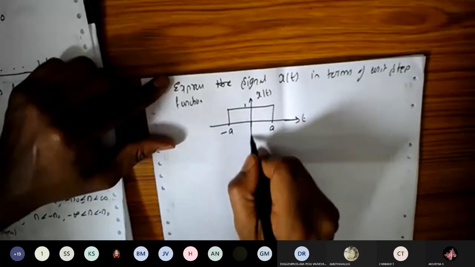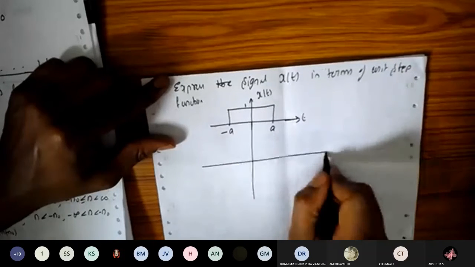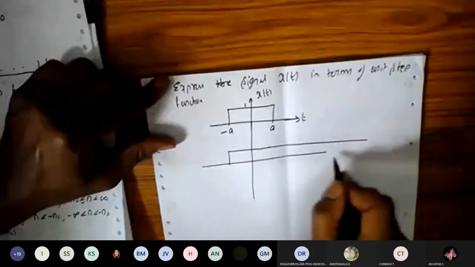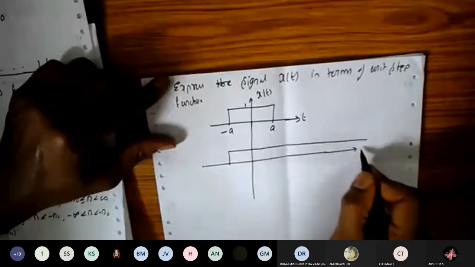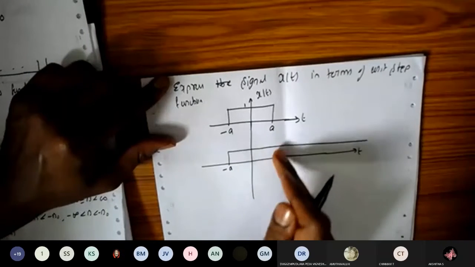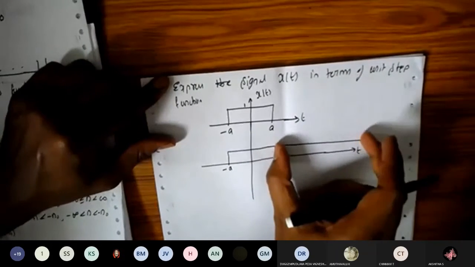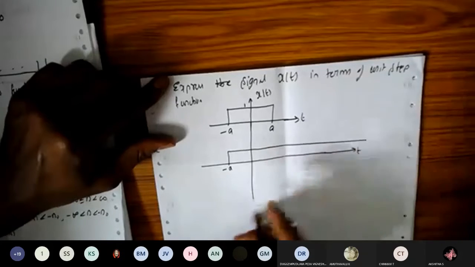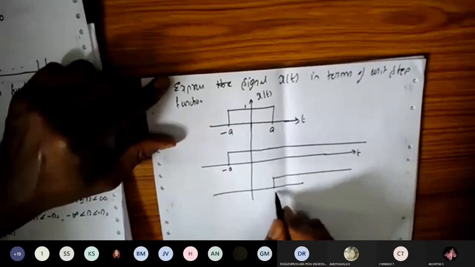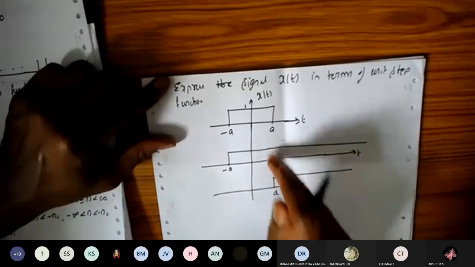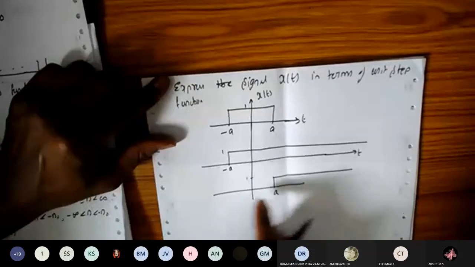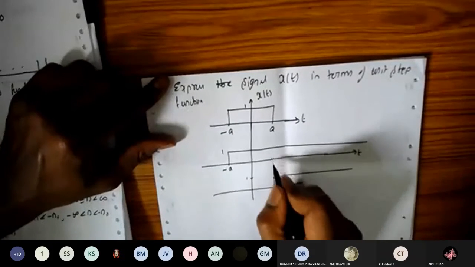Okay, I'll repeat once again. First I'm going to plot the waveform which starts from minus a. Minus a means it will extend till infinity, because we know the unit step function. Another waveform we want is one which is going to cut down, to remove this part of the signal. In order to remove that, let us have another waveform which starts from plus a. This has amplitude 1, and this has amplitude 1 here.